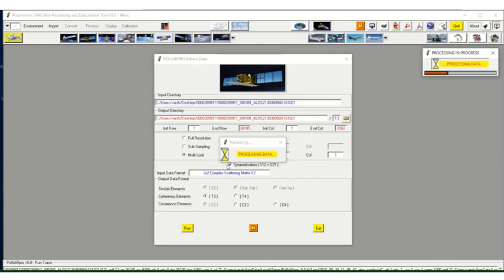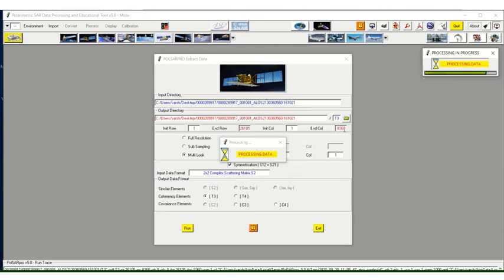It will create all 9 elements of T3, that is, the coherency matrix. Now you will ask what this multi-look 1 by 2 is. You can see here the rows are 26,105 and columns are 8360.